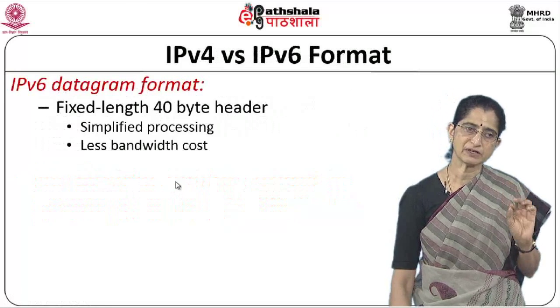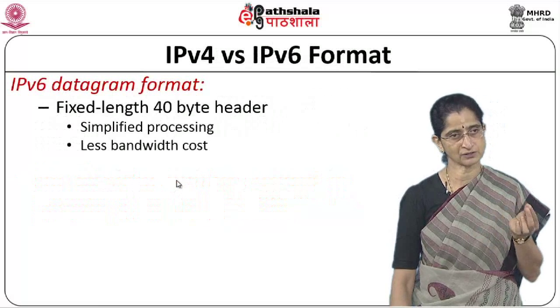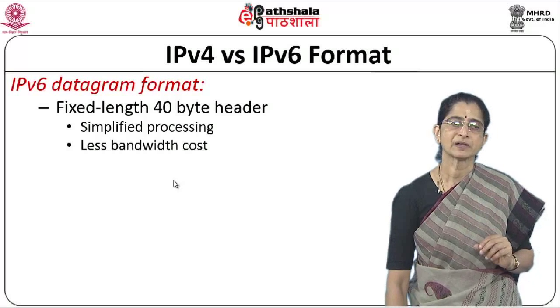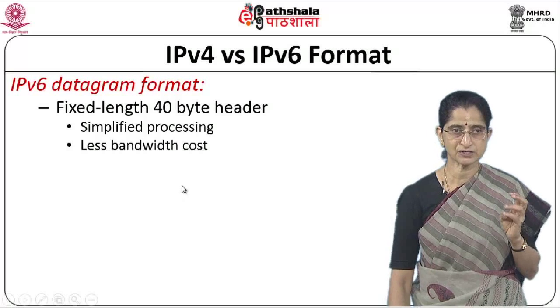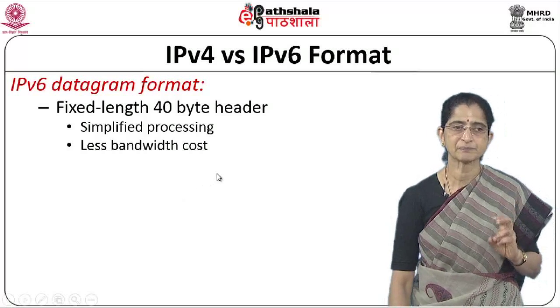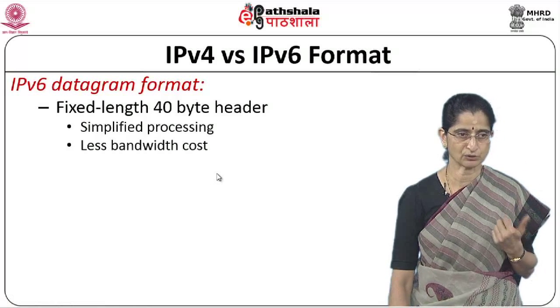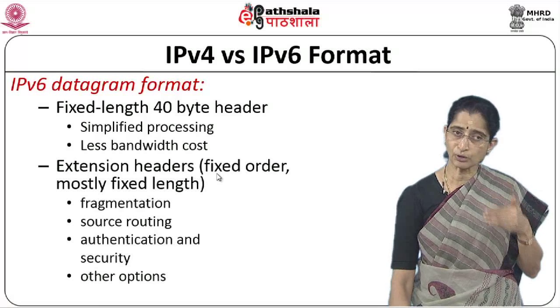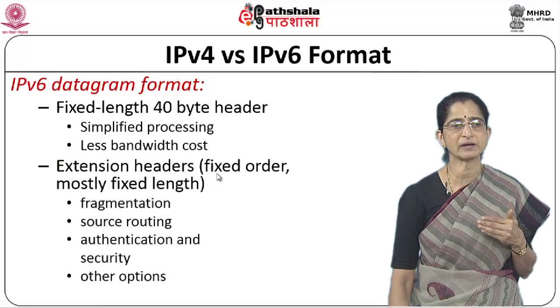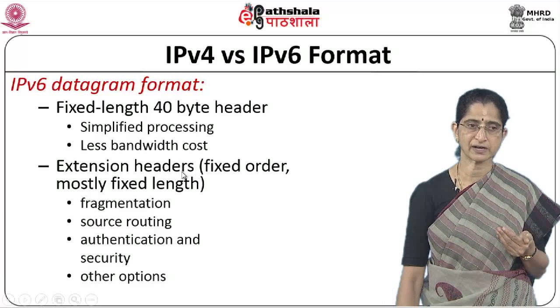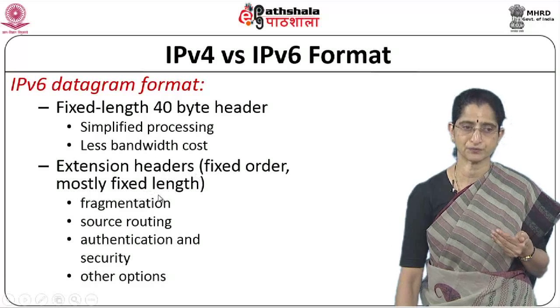Now, if you compare the V4 and the V6 formats, okay, just a comparison of these two to understand how the V6 has evolved. First thing is that we have a fixed length 40-byte header in IPv6, which gives us simplified processing and reduces the bandwidth cost. Okay. And all other information that you want are all specified by means of extension headers. And what is very interesting about most of the extension headers is that most of them are a fixed length,